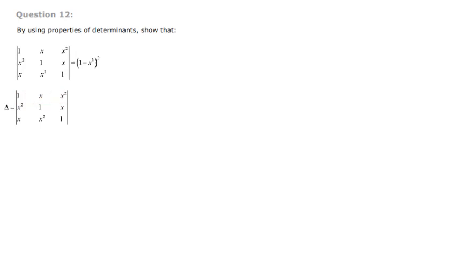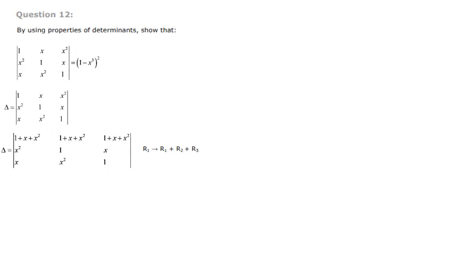So I will take the operation, that is R1 changes to R1 plus R2 plus R3. If I do the operation, the determinant will change as 1 plus x plus x square. Means you are adding row 1, row 2, row 3 and writing as row 1. Then here 1 plus x plus x square it is written, and again here 1 plus x plus x square it is written. So you have to write it in a particular order so that it is easy for you to identify the common elements. And the second row remains the same, and the third row also remains the same.